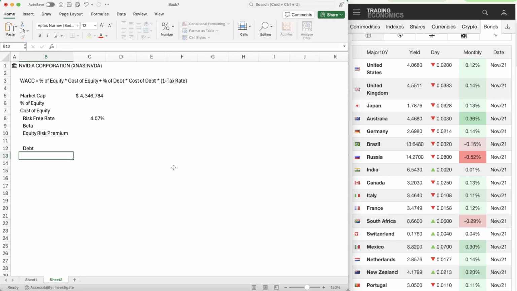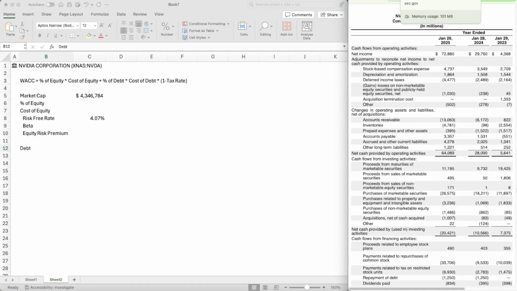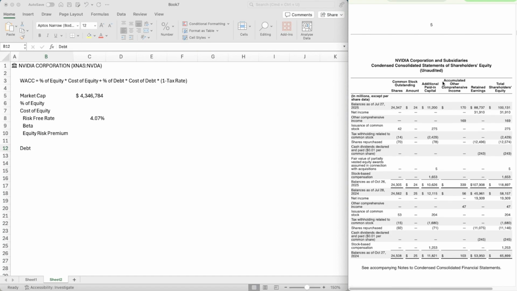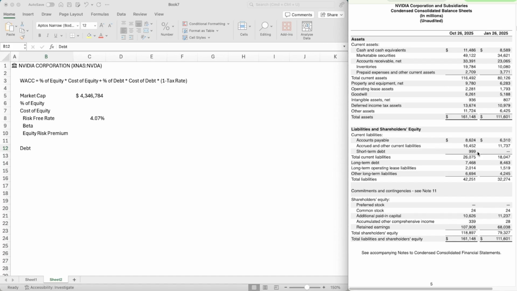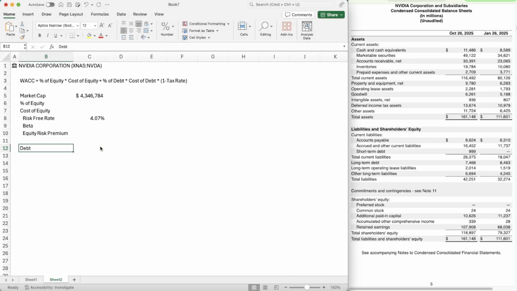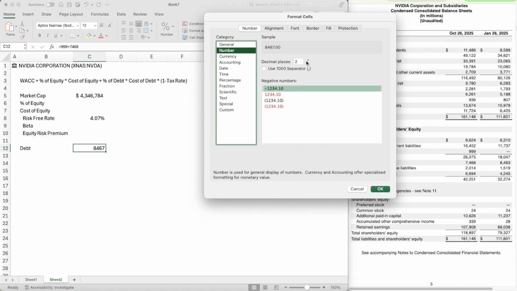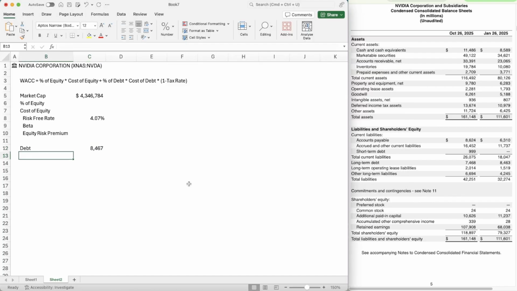Then we want to know what the debt is. The debt we can get because we just look on the balance sheet for the latest one, which is up here. They have $999 million in short-term debt, then long-term debt is about $7.5 billion. We just go 999 plus 7468. Debt, what's the next one? Percentage of debt